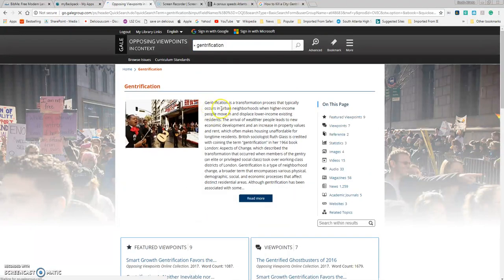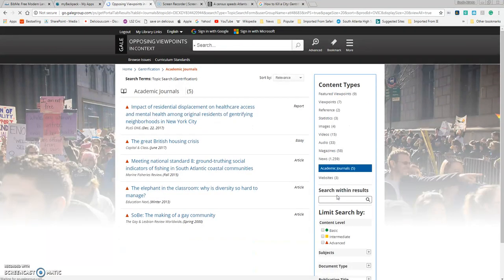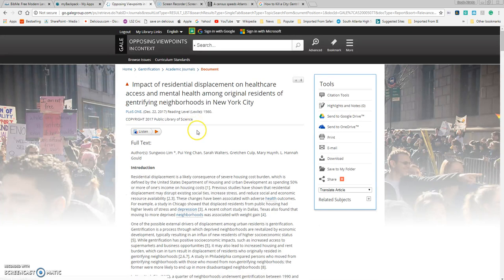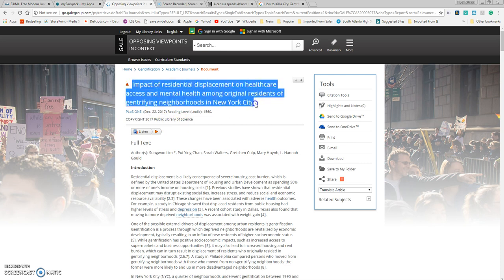So opposing viewpoints always gives you an overview of the particular topic, but on the right side you'll see that there are viewpoints, statistics, all kinds of stuff that I can use. So I want to look at academic journals, and no thanks. I'm going to choose this first report. It's a report from the Public Library of Science right there, and I want to use this report as something for my research. So I'm going to copy the title, but you can see here on the right side that